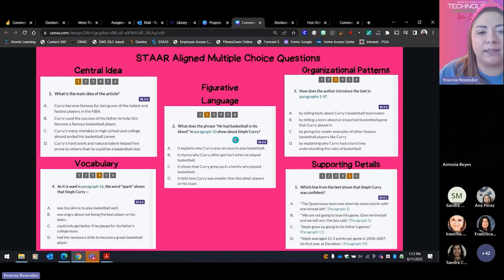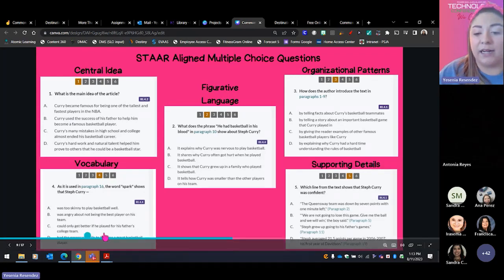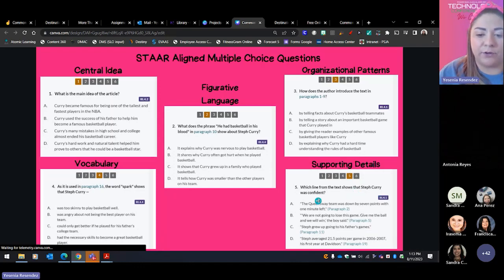And so I generated these from another passage that I'll go ahead and show you right now. And so if you notice, this one teaches the kids about figurative language. There's organizational patterns. How does the author introduce the text in paragraphs 1 through 9? It has vocabulary. As it is used in paragraph 16, the word spark shows that Steph Curry. And then it gives them the answers. And then supporting details, which line from the text shows that Steph Curry was confident. So if we go ahead and look at these questions, they mirror a lot how the questions on STAAR are